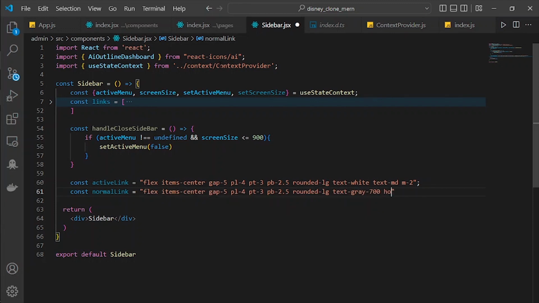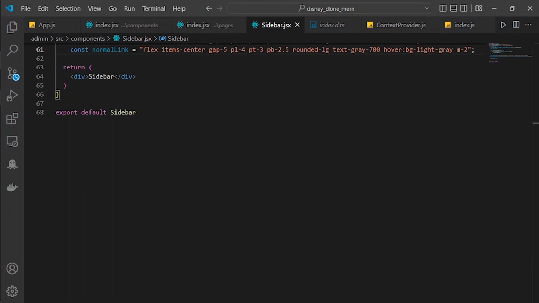when this link is hovered, it will have background like gray, and then margin is 2. Save. And for the return, for this return we will change, we